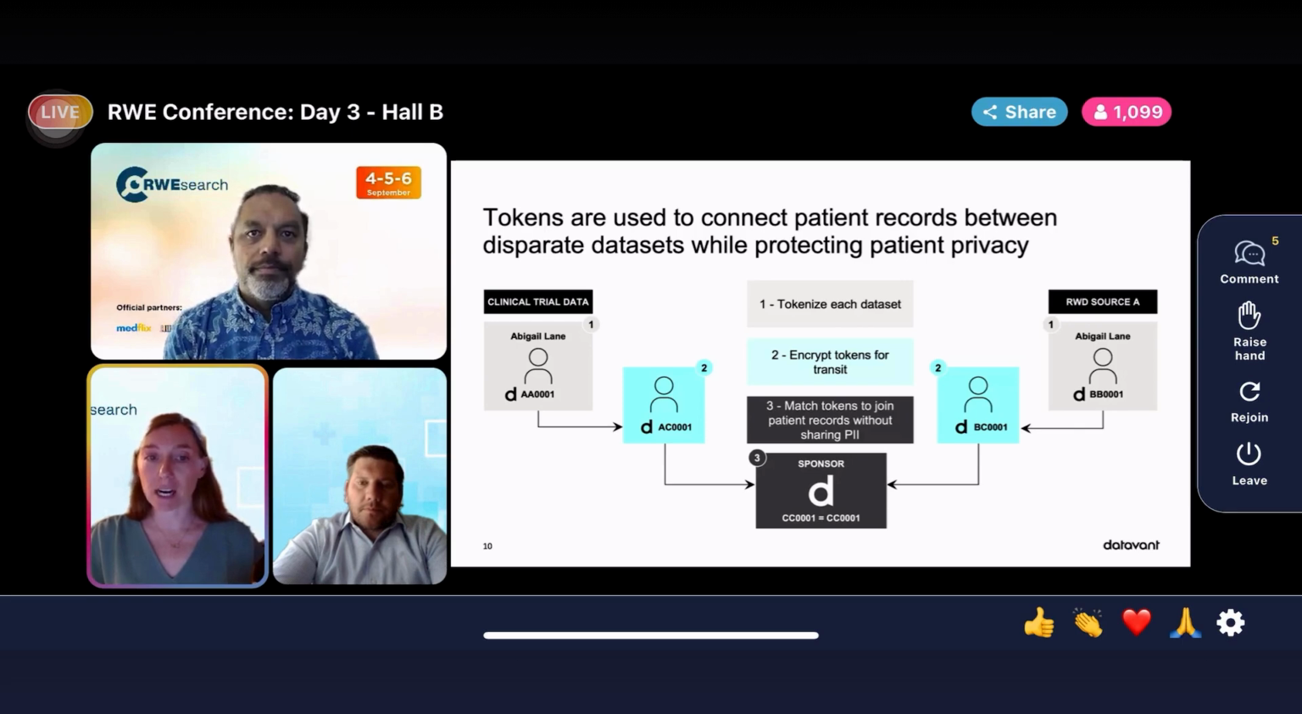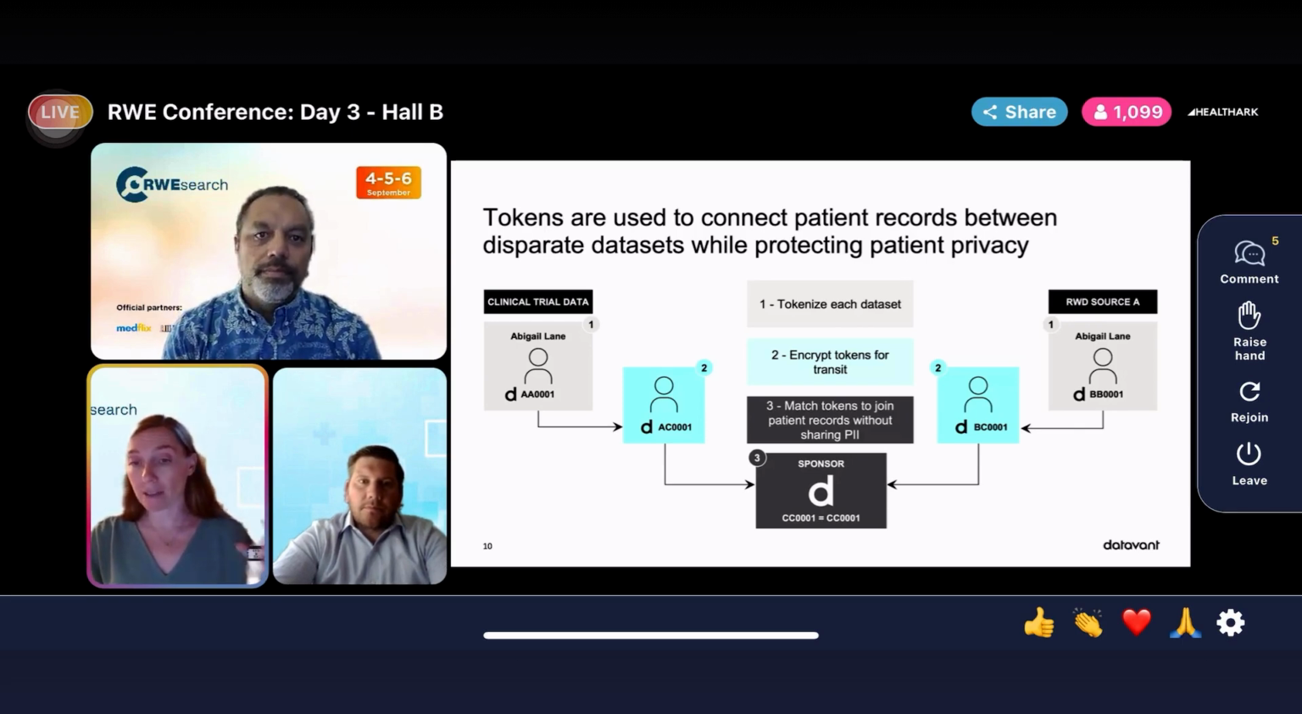So you can see here that there are two data sources on either side of the screen. You have your clinical trial data on the left-hand side, your real-world data source on the right-hand side. Let's say, for example, it's a mortality data set. The tokens are initially created in the encryption keys specific to their sources. So each